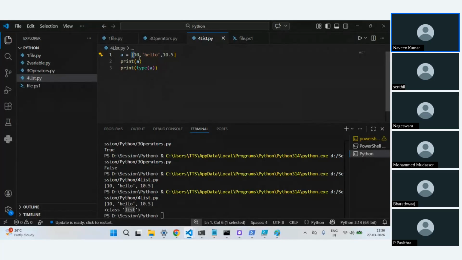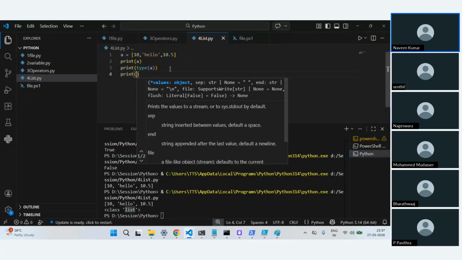If you want to access a specific element of a list, in the programming world all these things are indexed. It starts from 0, 1, 2, 3 and goes on like that. In this case 10 is in the first position, so it has an index value of 0. Then it goes 1, 2, 3, getting incremented.